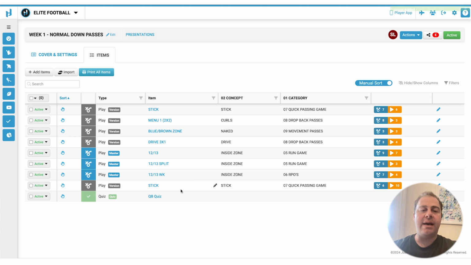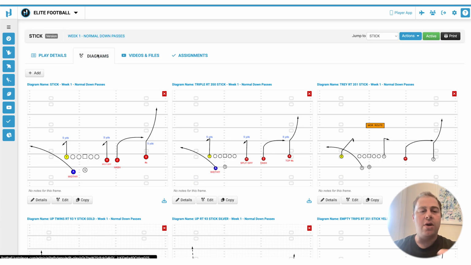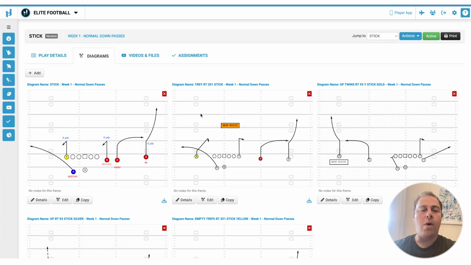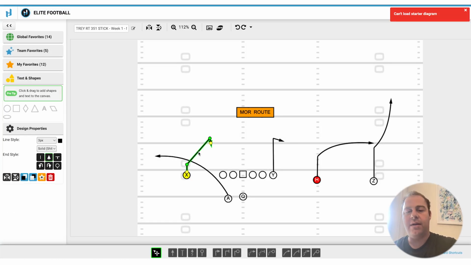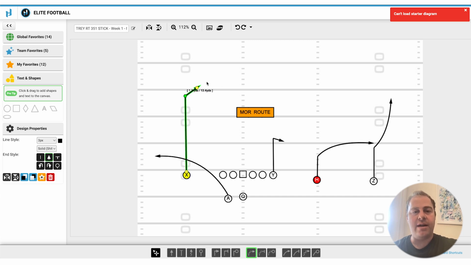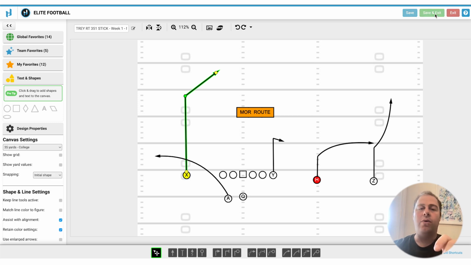Now, again, because I copied it, as a coach, I can come in and say, hey, we're not going to run it out of a nub set. We're not going to run it out of this look this week. I'm going to delete that. We're not carrying it. Or I wanted to tag X post to it. Well, here's the great thing. Because I copied it, it does not affect its original spot. I can make any alterations for that week, and it lives only within this game plan or only within this